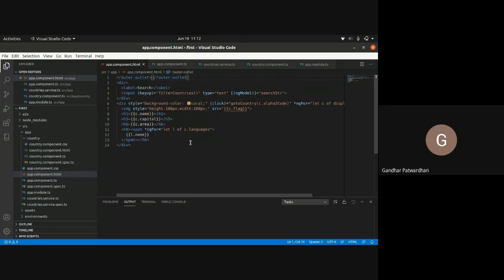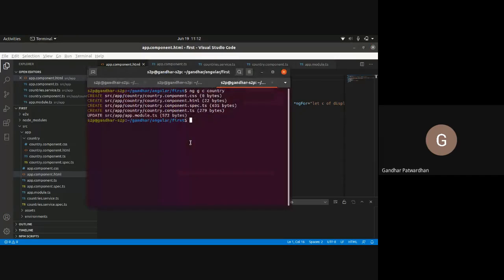Whatever the contents of our app component are, they are always displayed in your app. That would be an issue initially, but what we can do is, let me create another component as well. So I'll say ng generate component countries.